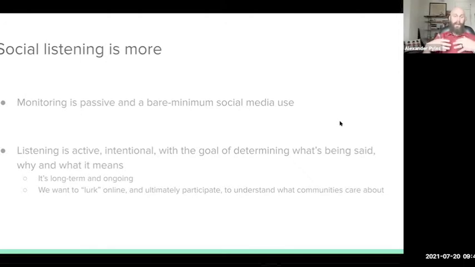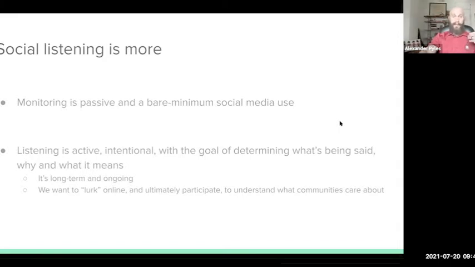Because one thing that we can really use this methodology and some of the tools that I'll show you to do is to understand the communities that we cover better. And this is especially useful if you're someone who's entering a new market, or if you're maybe stepping outside of your comfort zone, doing a story off of your beat or joining a new beat. Social listening can really help us understand very quickly and over time what our communities care about,